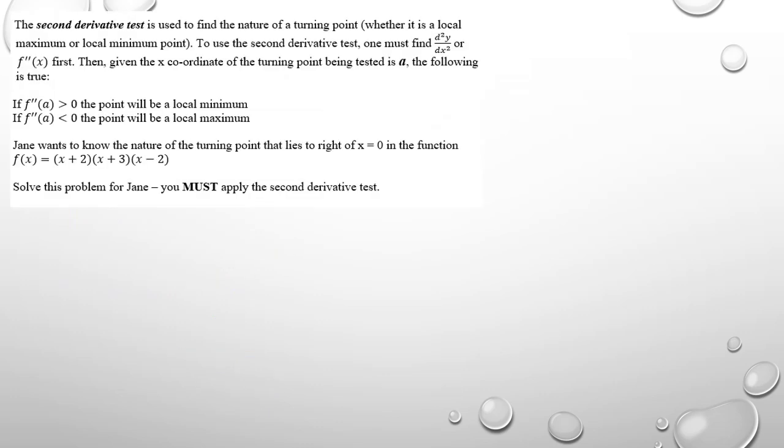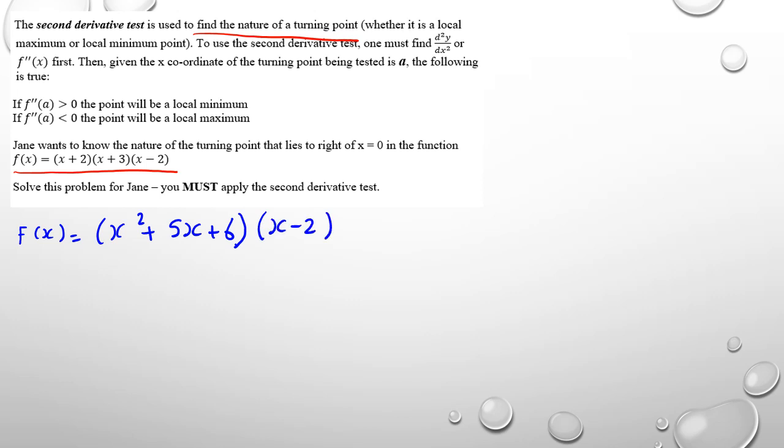This question here, they say use the second derivative test to find the nature of the turning points. So the first thing, as it says here, nature of turning points, and it's giving you the equation. The first step you would do is differentiate. I would expand first, because you can't differentiate by the product rule. I'll expand the first two brackets first, and that gives me x squared plus 5x plus 6, close bracket, and then that third bracket left, and now keep expanding. You'll notice I've written f(x) because I have not differentiated yet. I'm just expanding,